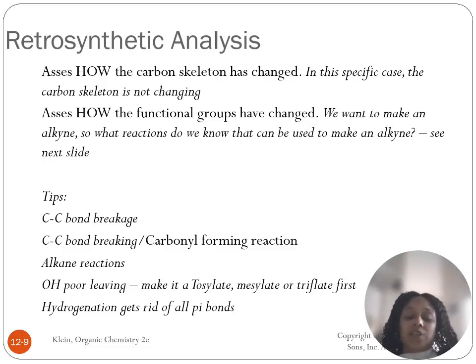Knowing that hydrogenation is something we learned last semester, but it gets rid of all pi bonds. This semester, we're also going to learn how to selectively get rid of certain types of pi bonds and not just all. And that's where we utilize some of the knowledge that we learned in Organic 1, like using hydrides, which can react with a partial positive of a carbonyl. That's actually what we're going to talk about in